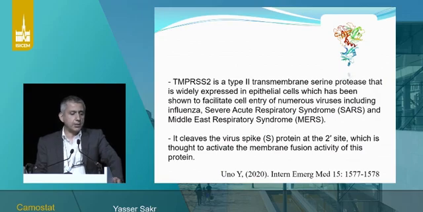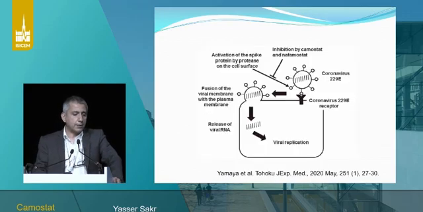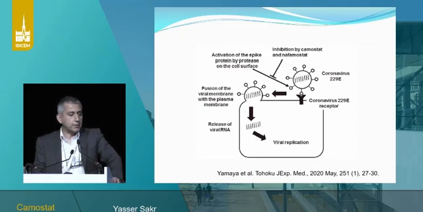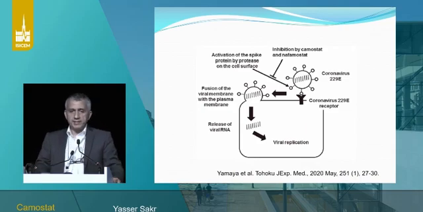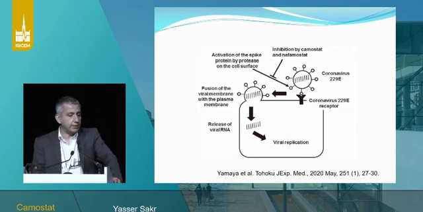What happened is actually that these receptors cleave the S-spike proteins of the SARS-CoV, which leads to adhesion of the virus on the cell membrane, facilitating the viral entry and the subsequent intracellular replication of the virus. So that can be the mechanism of action of the TMPRSS receptors facilitating viral entry and replication of SARS-CoV, inducing